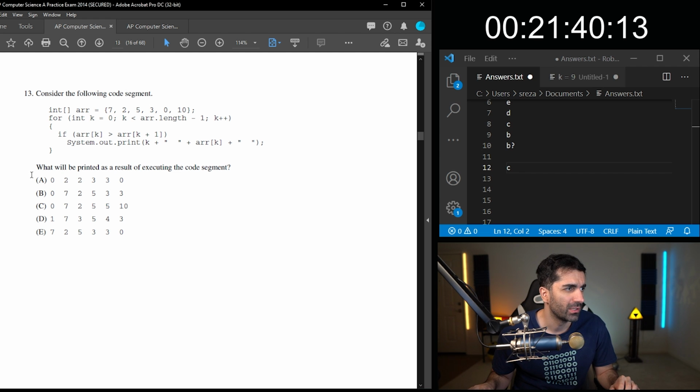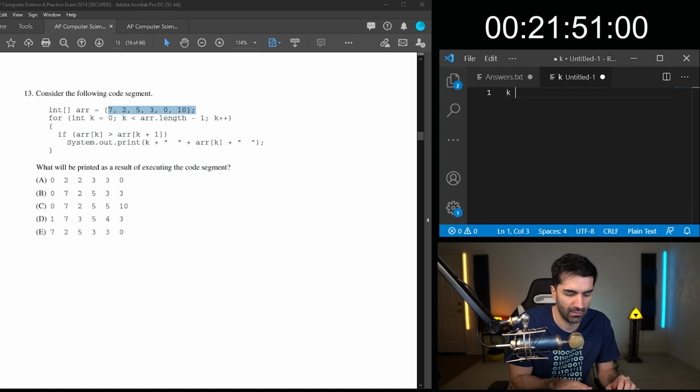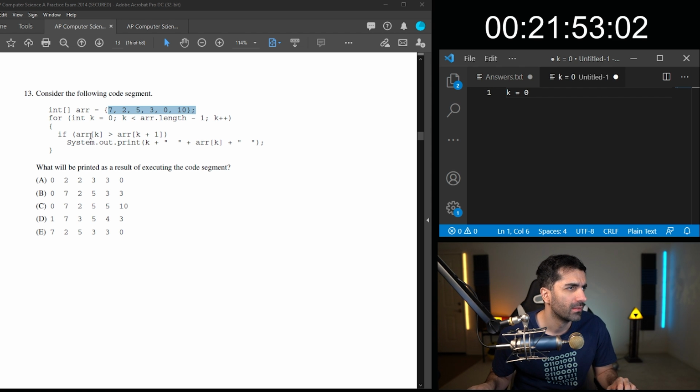All right, consider the following code segment. What will be printed as a result of executing the code segment? So we have an array here. Our k starts at 0, k is less than array.length minus 1, k plus plus.